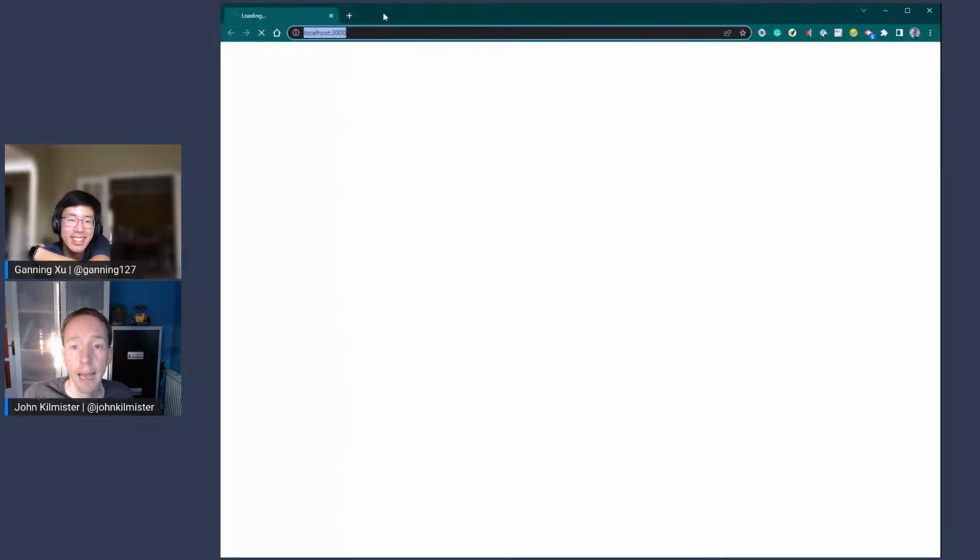Now, one of the things that these frameworks give you, which is really nice, is hot reload. We've started our development server here, and it's done the transpilation process. It would be really annoying if we had to stop and start all the time. So now this is also connected and done a hot reload, so any changes that we make will be visible in the browser